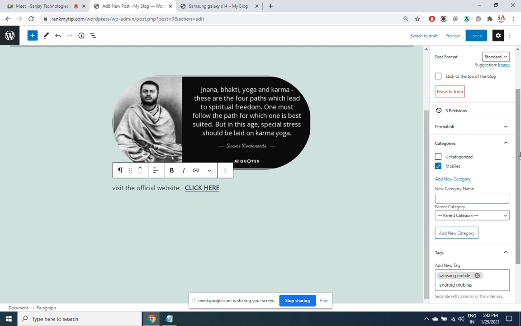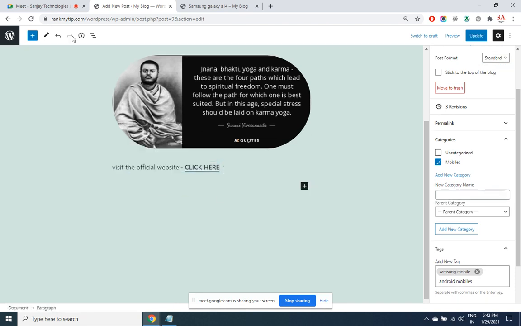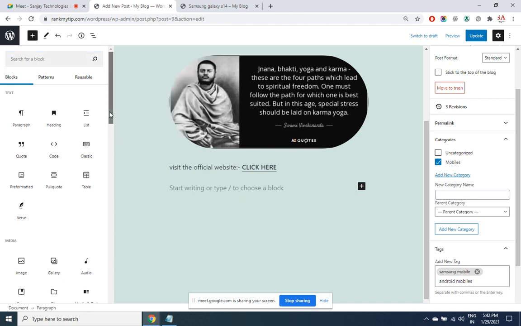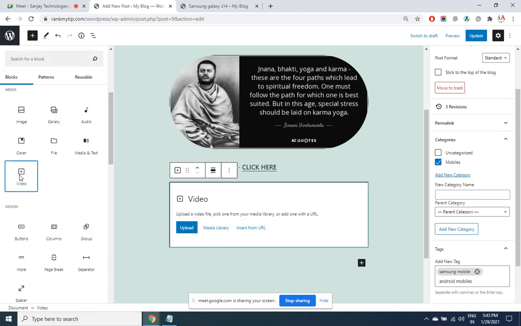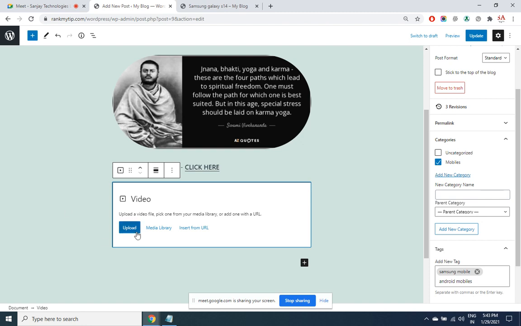How to add an image, how to add a video. To add a video, you have directly an option here. So either you can take the image or video from your system, or any video which is there within your website in another page, that will be shown in the media library. You must have already uploaded videos within this website in other pages, that will be shown here. Or this is from YouTube. You can directly copy paste the YouTube URL here. This is the way the content will work in WordPress.